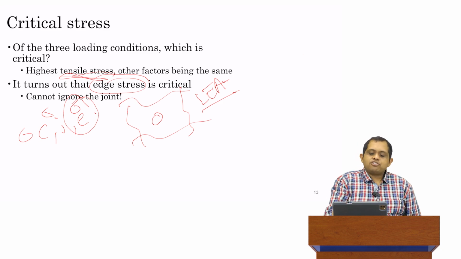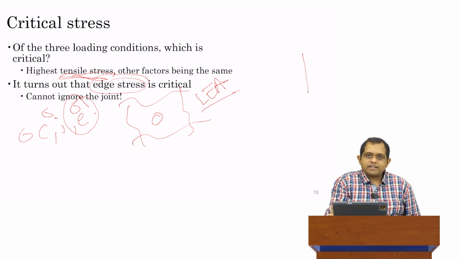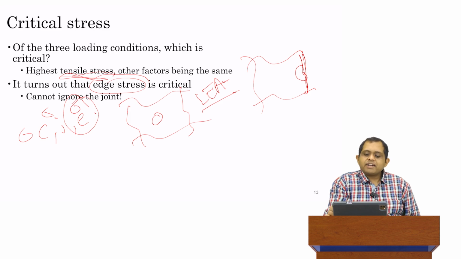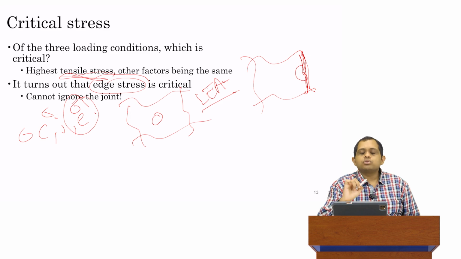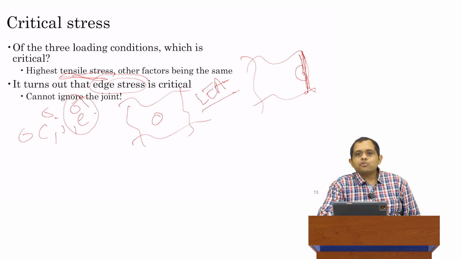But for edge, which is now when we actually have a joint and the load is placed over here, the remaining joints, etc., are far away, but we do have this one joint and the load is placed over here. What we find is that in this case, you cannot use layered elastic analysis. Layered elastic analysis does not allow you to put a joint. But the presence of this joint and this edge stress condition actually leads to the highest magnitude of stress. What that goes to show is layered elastic analysis cannot be used for rigid pavements, because if you use layered elastic analysis, that is the equivalent of considering all loading to be interior loading,